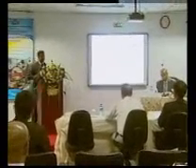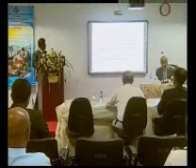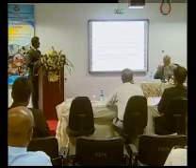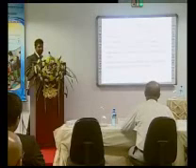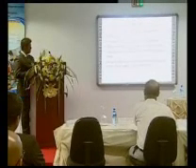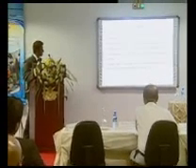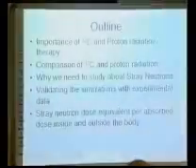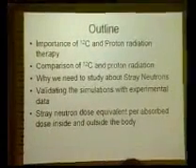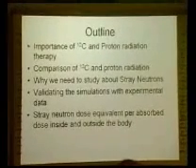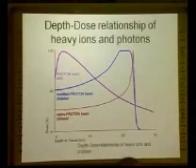about in-body stray neutrons produced in carbon and proton radiation therapy. Right? So this is my outline: the importance of carbon and proton radiation therapy, comparison of carbon and proton radiation, why we need to study stray neutrons in this heavy ion radiation therapy, how I validated my simulation results with the actual data, and then stray neutron dose equivalent per absorbed dose inside and outside the body. So first of all,